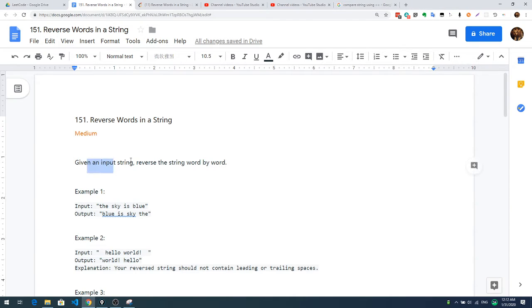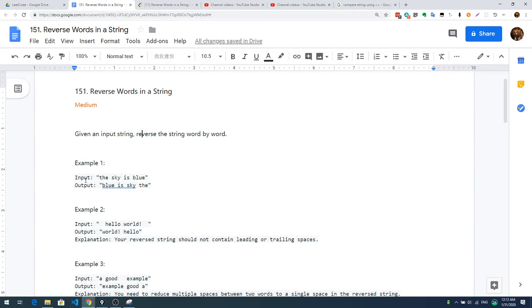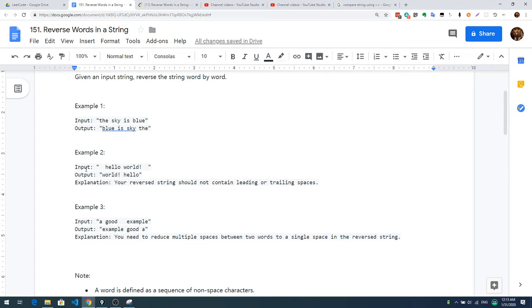Given an input string, reverse the string word by word. So what it does is it's accepting a string split by space, right? Each of the words is split by space. The word itself is not reversed, but the sequence of the words is reversed. The original string is "the sky is blue", now it's "blue is sky the". There's an example too,